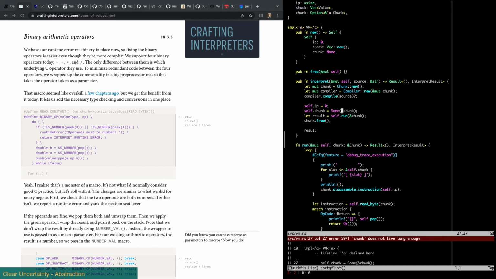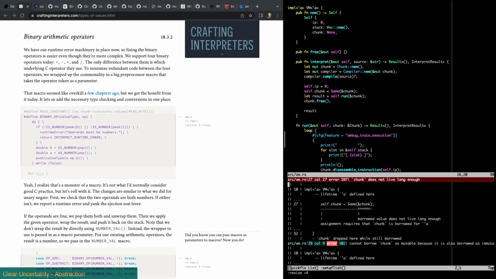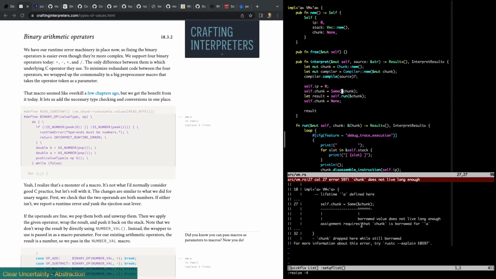I can do that. I can't do that. Oh, I can't do that. Chunk doesn't live long enough. Oh, because we're creating it here, and then I can't. If I say self chunk equals none, the compiler's not going to be smart enough to see that we're dropping it. Yeah. Card chunk is borrowed for A for the entire lifetime of the